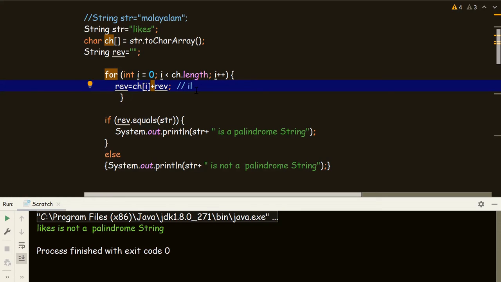That's how it gets reversed. It continues till the end and rev becomes SEKIL.